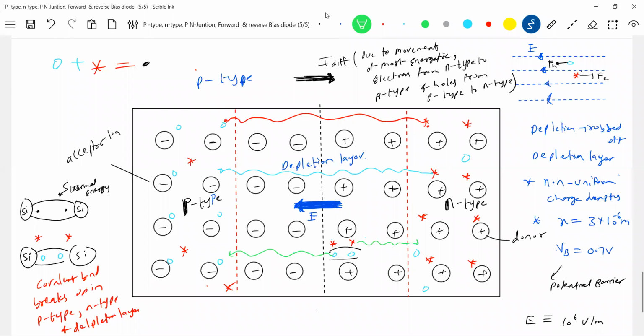What is this green color? Minority carriers, no? And what about that red and blue? That was majority carriers. So now, if a covalent bond breaks up, what happens to the electron because of the electric field? It experiences a force towards the right. Either the covalent bond breaks up here or here, things are the same. I'll do one thing for your understanding purpose. I'll show it here also.